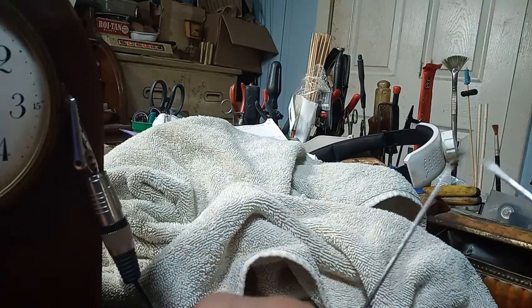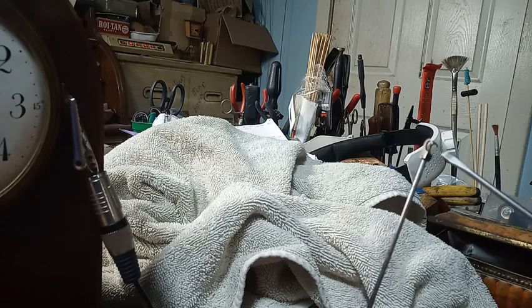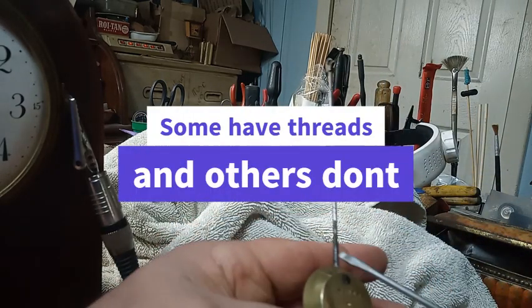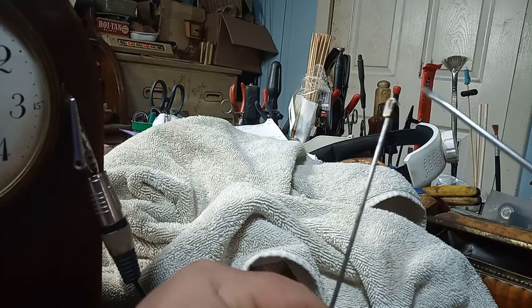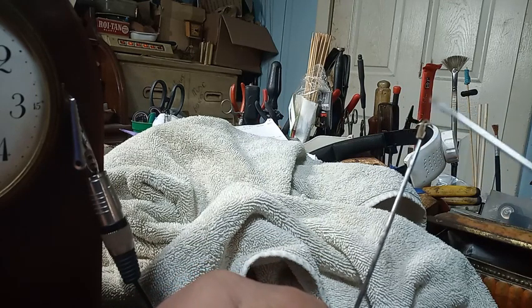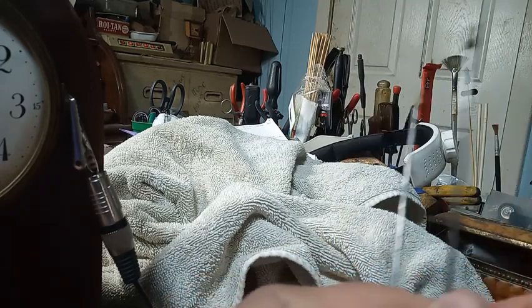The part that hangs onto the suspension spring, if you look at Timesavers, they have universal French pendulums that come with a pendulum bob and then a long shaft and then this part right here. And it says that you will have to solder this part to the shaft. And then they come up with pendulums like,